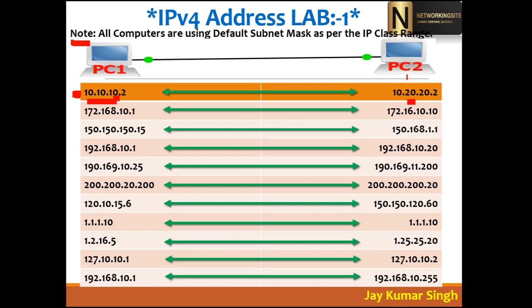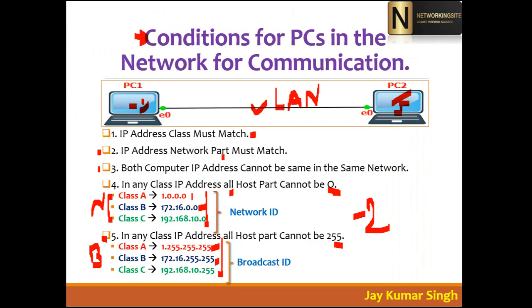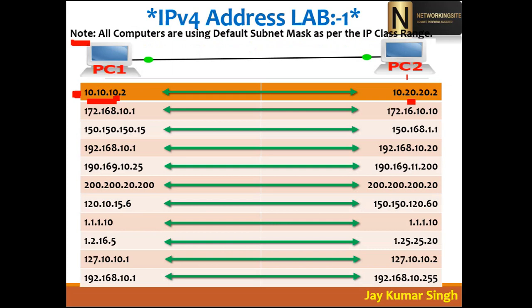And the conditions I have already given you, for class A, you can check here: the IP address class must match. If you want, you can take a snapshot of this screen and match it with condition 1. So the first one I told you is that the IP address class must match. If you check my scenario, do this IP address and this IP address match or not, Ibrima? Yes, they are matching. Very good. Now, if the class is matching, what is the second condition?